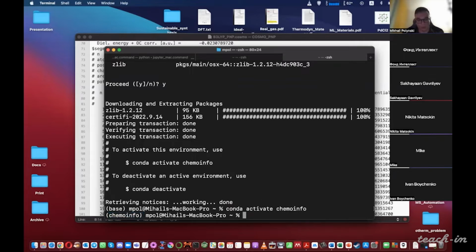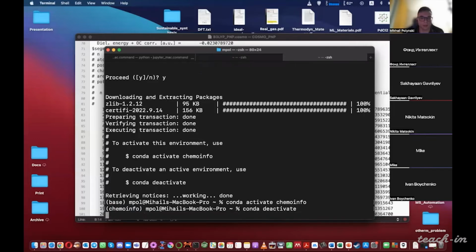Of course, we can deactivate the newly installed environment by typing conda deactivate.